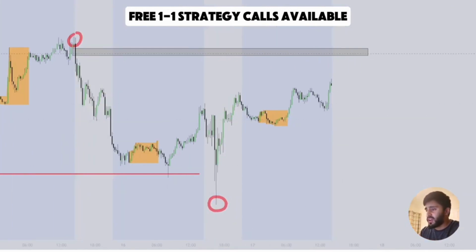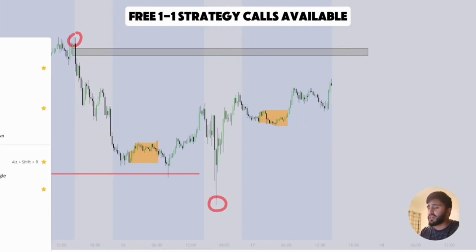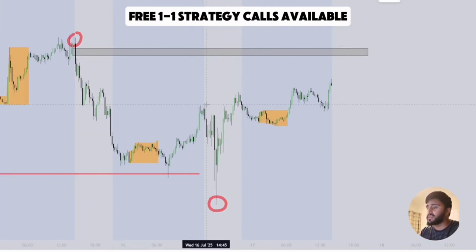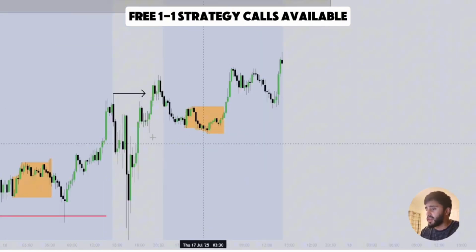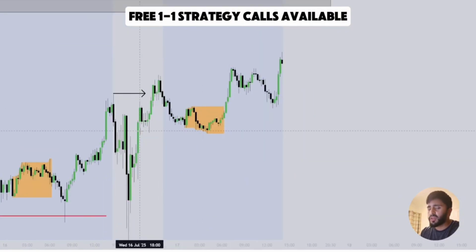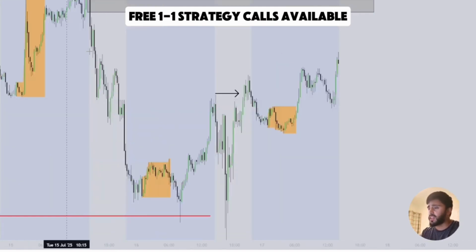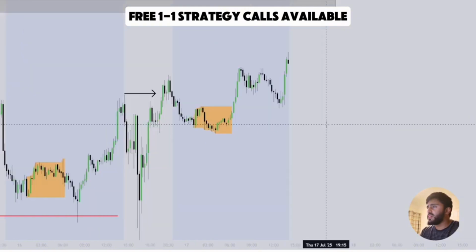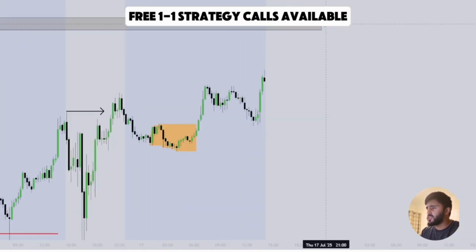So when I see this, right, I'm using very, very basic market structure and fair value gaps, right? ICT 101. So we see price breaking structure over here. So we see a market structure shift, we see a liquidity sweep, and we also have a bullish fair value gap resting over here. So we have a bullish fair value gap. So we have signs of a reversal to the upside after Tuesday gave us a very aggressive melt off. So what's going on here? If we just go to Thursday,